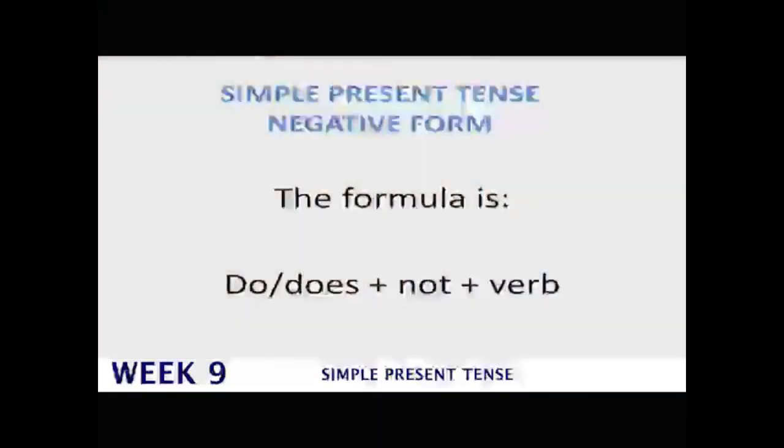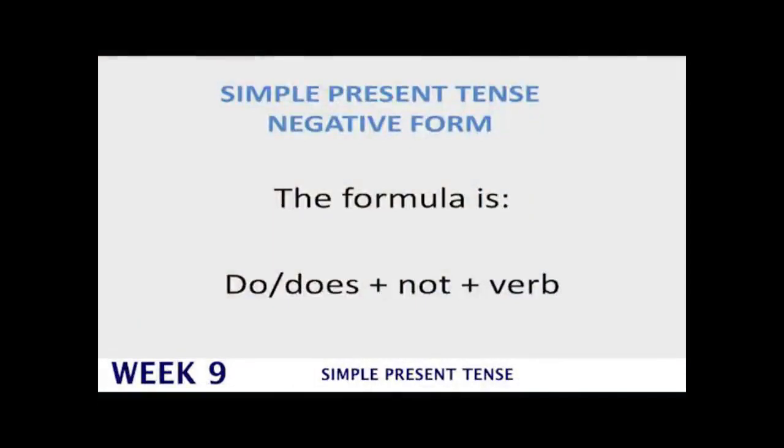For the negative form, we have the following formula. I know it's English, but even in English we also use formulas to talk about different grammar rules we use in the English language. So for the negative form, the formula is do or does, we use does for the third person, plus not, that would be the negative, plus the verb. The verb, we would use in its regular form. So let's see this first example